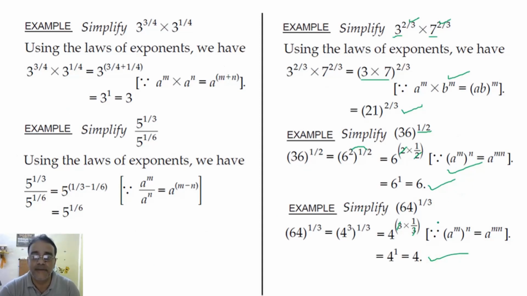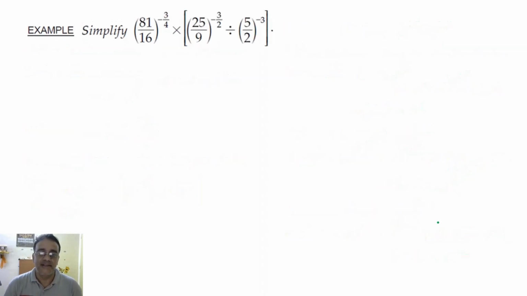No, sir. Okay. Now we are going to do some simplification problems. See this question. This is an example of simplification. So how you have to do, you just see, 81 को 4 के पावर में लिखना है. 16 also have to write in 4 power. 25 को भी 2 के पावर में लिखना है क्योंकि यहाँ पे 3/2 है. And 9 you have to write in power of 2. और यहाँ पे ऐसे ही रहेगा ये.